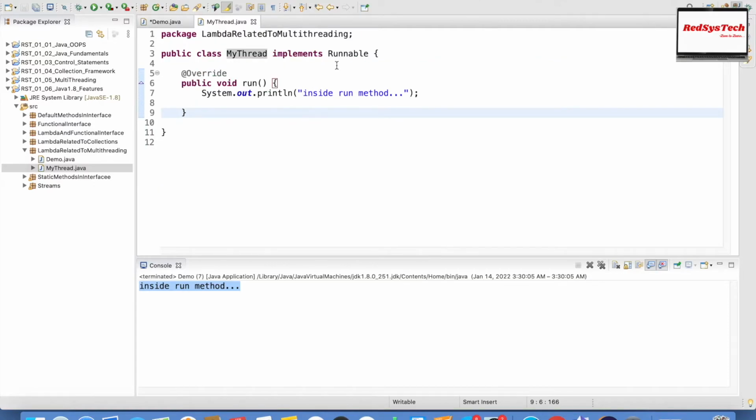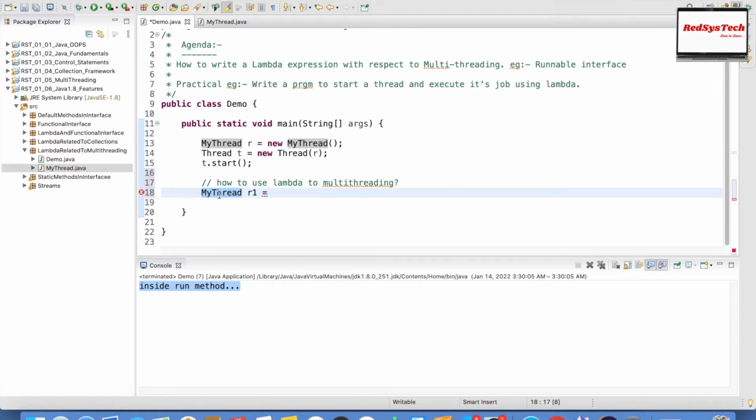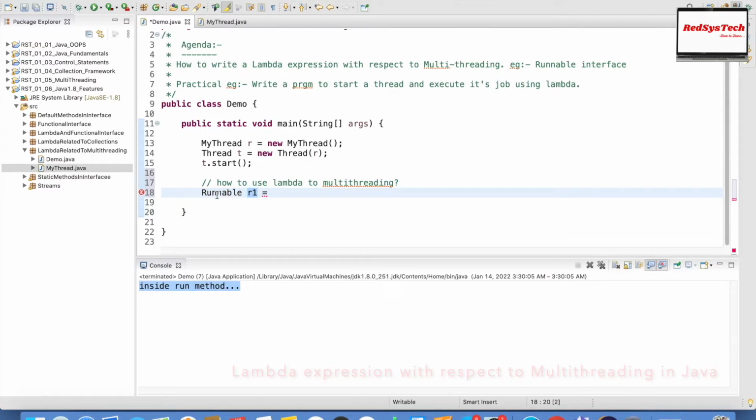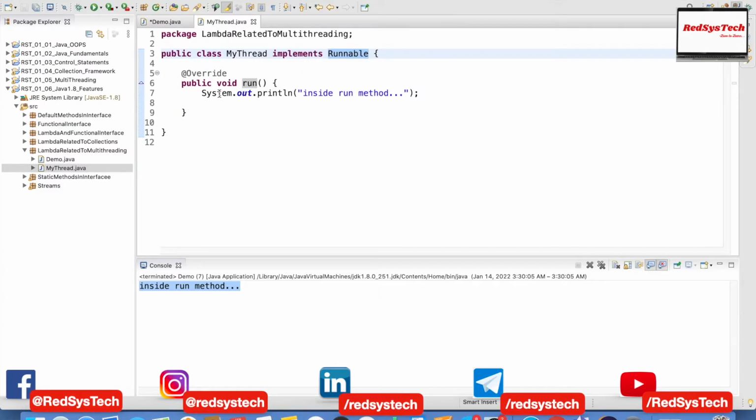So instead of doing this, you can simply say Runnable r1 is equal to, where the functional interface is used to call the Lambda. So I'm using the Runnable interface r1, right? Runnable r1 is equal to,